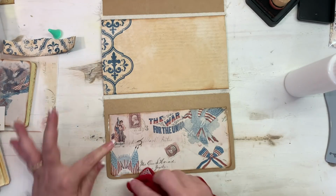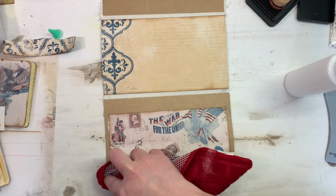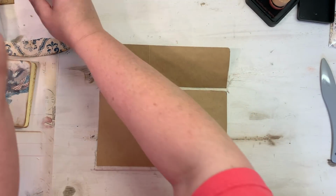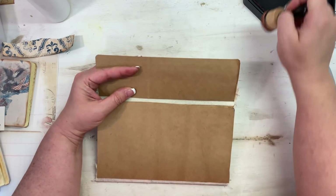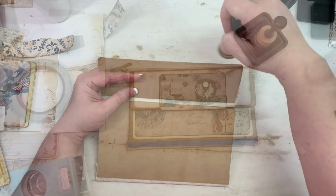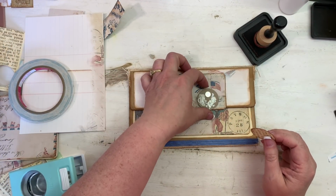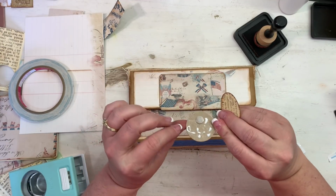So I guess I could have used 1/4 inch score tape. I usually use 1/8 inch score tape on my pockets. Those, let's go ahead and do our distressing, distress inking on all of these. All right, so I've got most of it covered, and I will go over all of that in just a minute. I am covering my